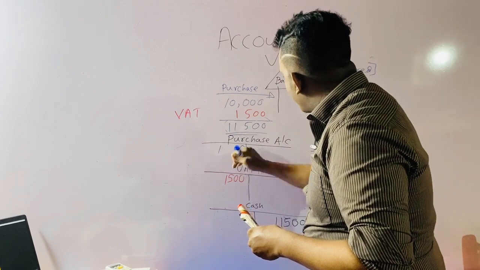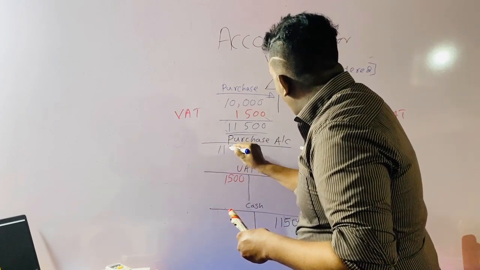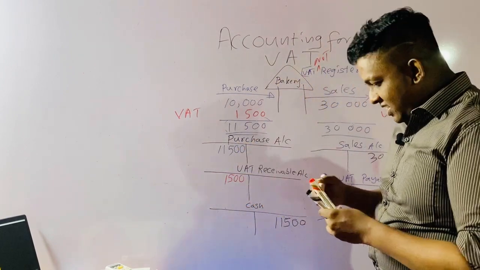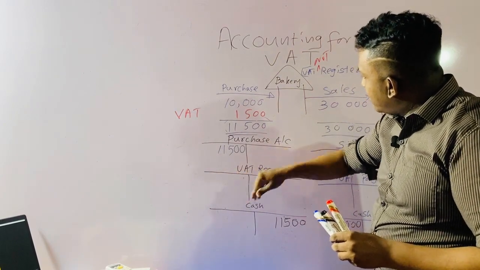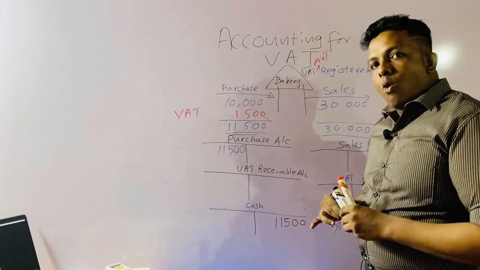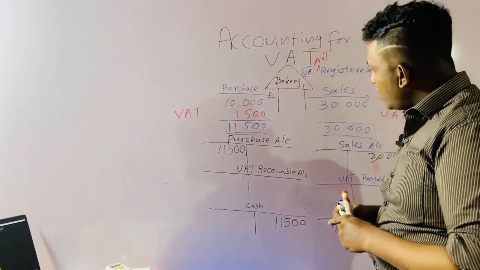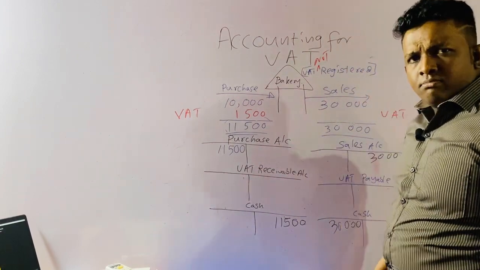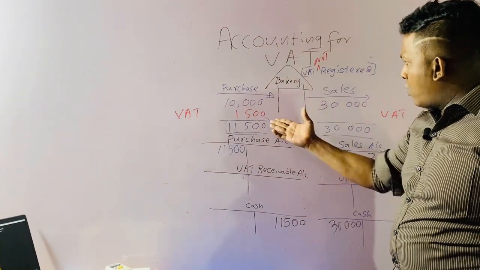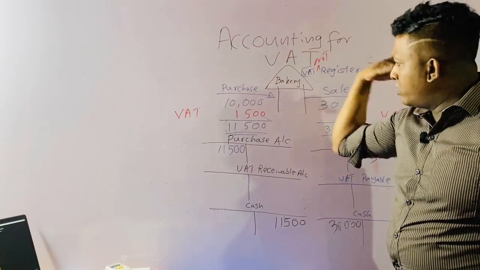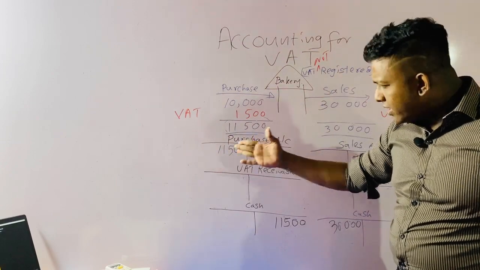The entire invoice value will be our cost, right? So there will not be a VAT receivable account because the government will not allow us to claim, right? This is the simple accounting. If we are not registered for the VAT, whatever the invoice amount including VAT, debit to the purchase account,